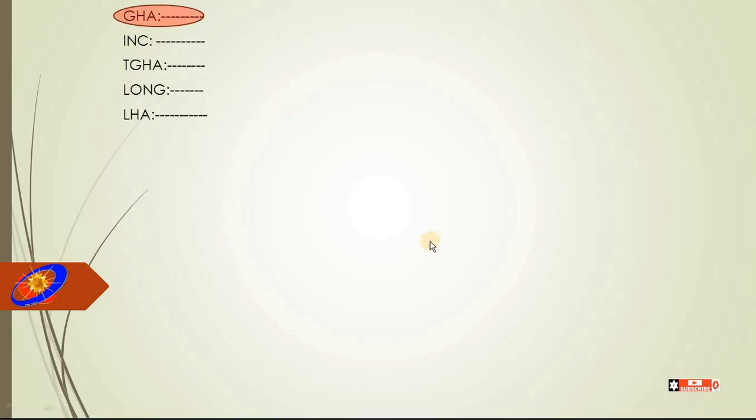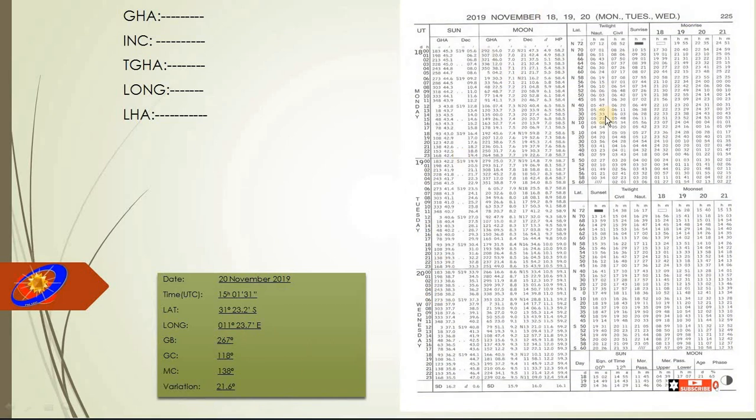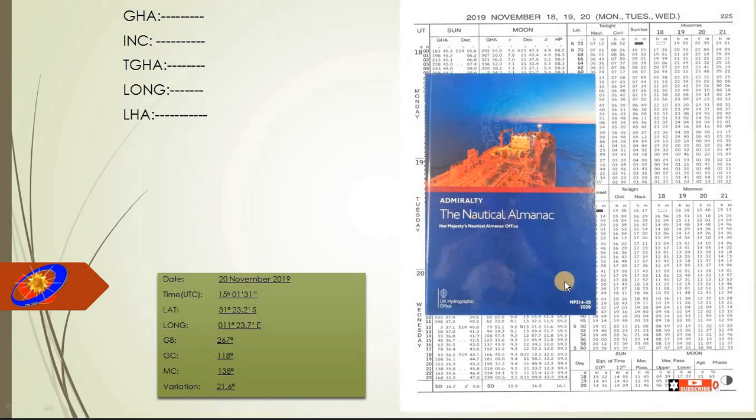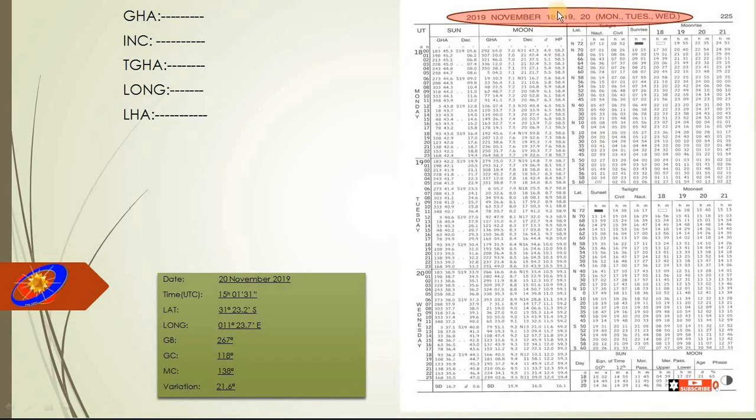So now we take the value of the GHA. We're gonna need the data from before, and also the page from the almanac, and this is the nautical almanac. Here, this is the dates, and the date here is 20 of November, and here it is,